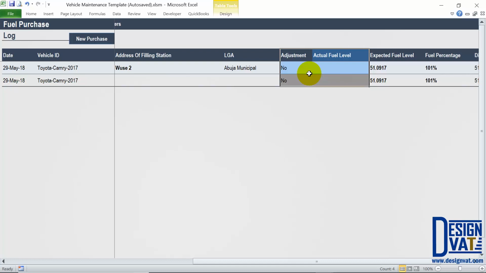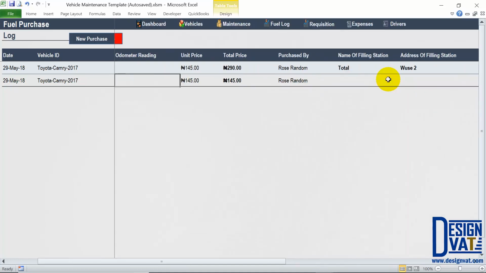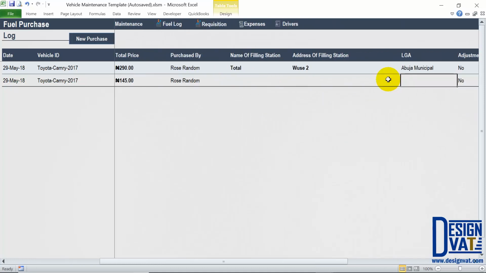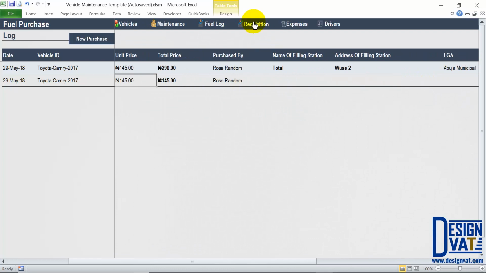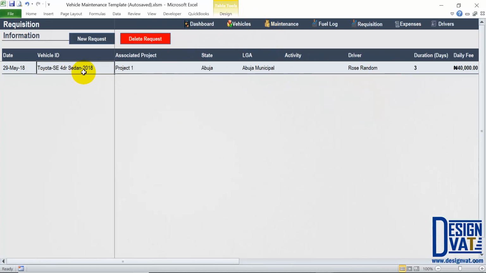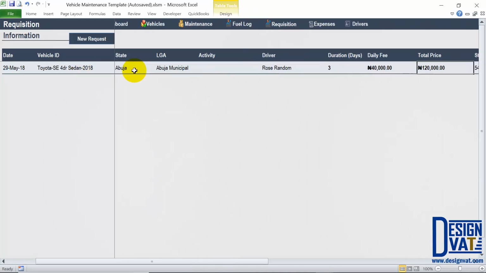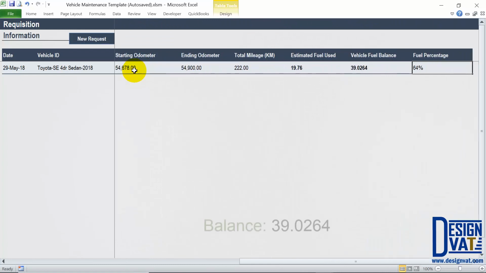Now, it's advisable that on a monthly basis, or preferably maybe the last day of the month, for all of your vehicles, you adjust it such that the expected fuel level the template says is the same as what you have in your car. Now, to do that, let me just demonstrate the process. So based on all our transactions now, the template tells us that I'm going to use the other car that we just added a requisition for, which is our sedan. So it tells us that our sedan as at today should have